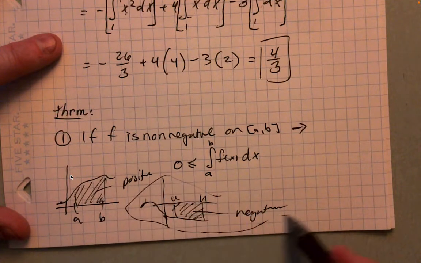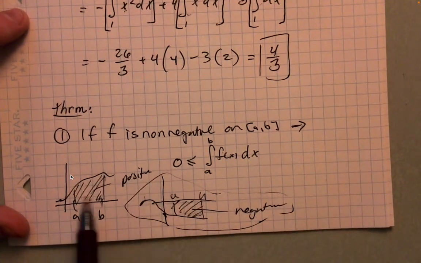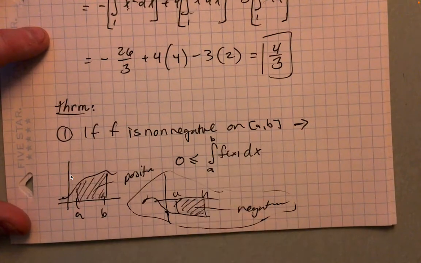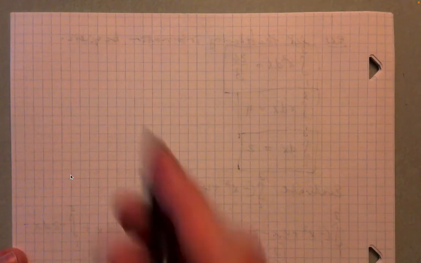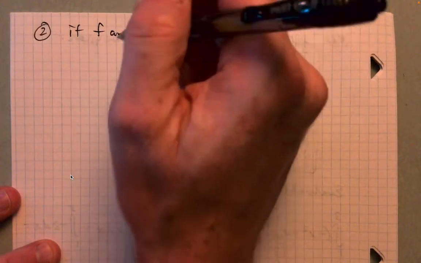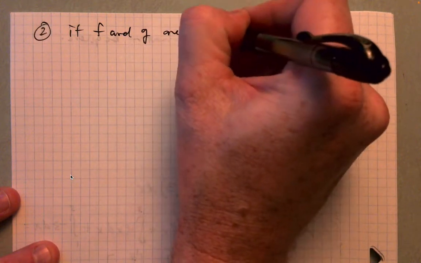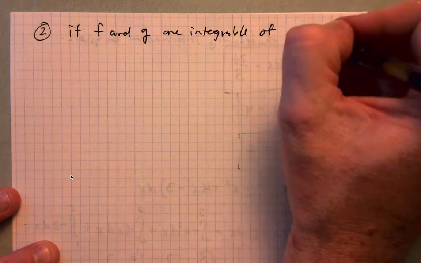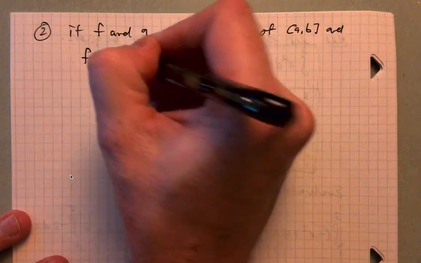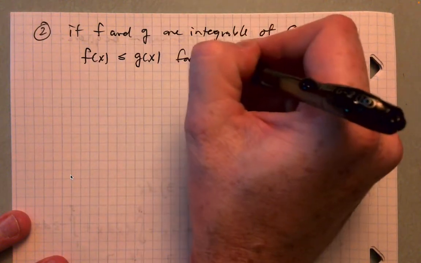We'll get into this example more specifically later, but the idea is that functions that are positive will have positive areas, okay? And that's all this is saying. And then a second part, which I think is more straightforward. That first one, you have to kind of buy that functions have negative areas when they're below the x-axis. This one doesn't require a whole lot of buy-in. If f and g are integrable on a closed interval AB, and f of x is less than or equal to g of x for all x in AB,